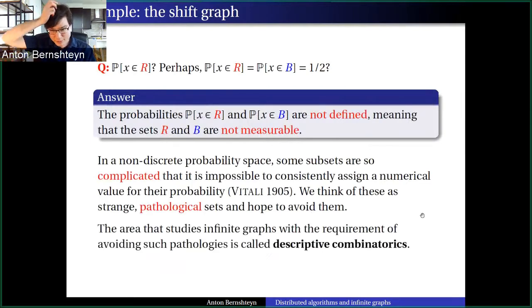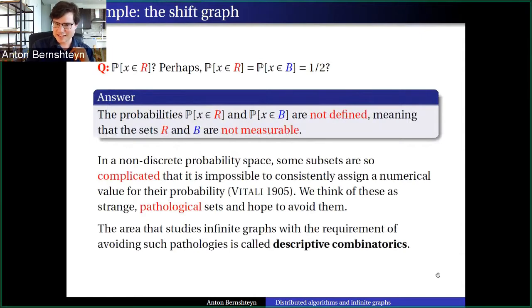And because we want to avoid them, this leads to this area that is called descriptive combinatorics, which consists exactly of these questions. What sort of combinatorial results can we prove about infinite graphs on, say, probability spaces or on some other spaces with some nice properties, while avoiding pathologies like non-measurable sets? So if I want a coloring where the color classes actually have a well-defined probability of a random point falling into the color class, how many colors would I need? These are the sorts of questions that